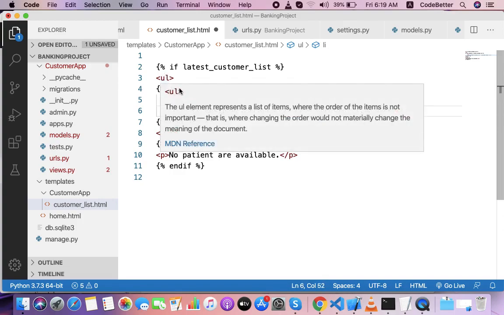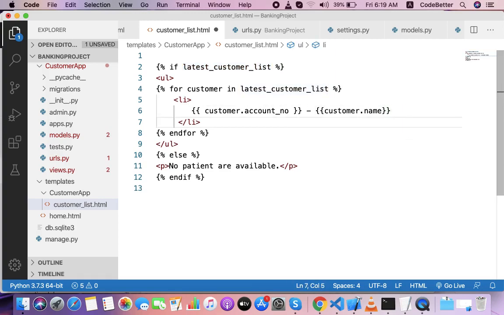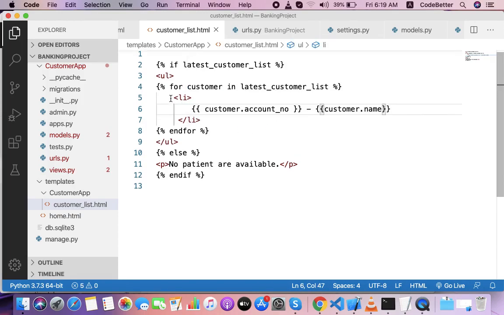We assume that there is a list of customers. We run a loop on that, and this loop displays the customer account number and customer name in a list item of an unordered list. Okay, so this is my template. This template assumes there is data in this list.